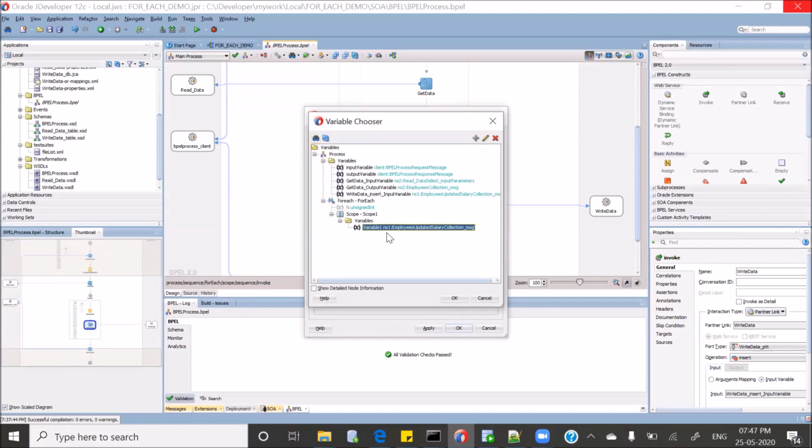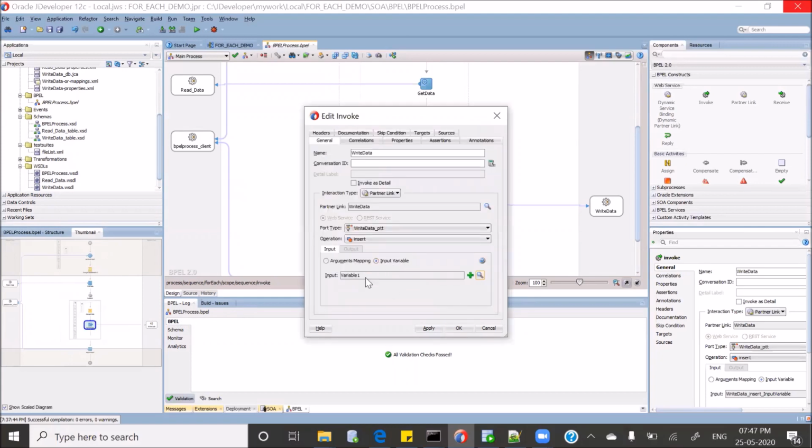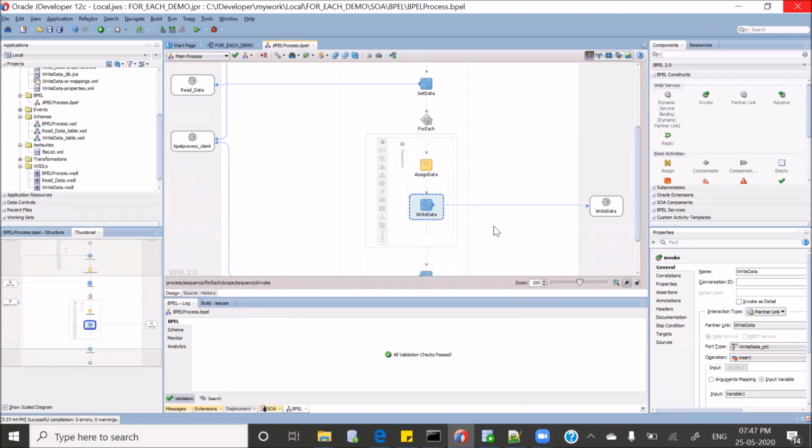I'll use this variable because it will keep on updating. Every time the for each runs, for every counter value, the data will get assigned as new data to this variable, and that we will be inserting into the database. This is also one more catch here. Let's apply and OK. So we are done.